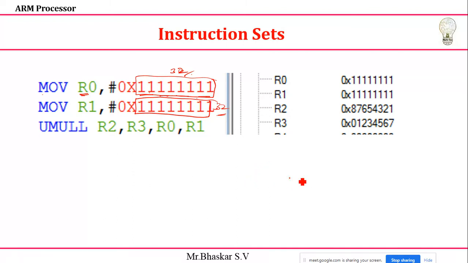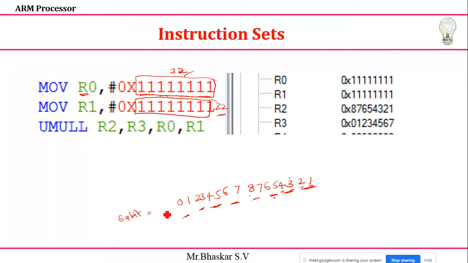I'll get the value 8, 7, 6, 5, 4, 3, 2, 1, after that 7, 6, 5, 4, 3, 2, 1, 0. Each one indicates 4 bits. This is also 4 bits, this also 4 bits, this also 4 bits. Counting in bytes: 1 byte, 2 bytes, third, fourth, fifth, sixth, seventh, 8 bytes. We already discussed that 4 bytes means 32 bit. Now it is 8 bytes, and 8 bytes of information means the result here is 64 bit.